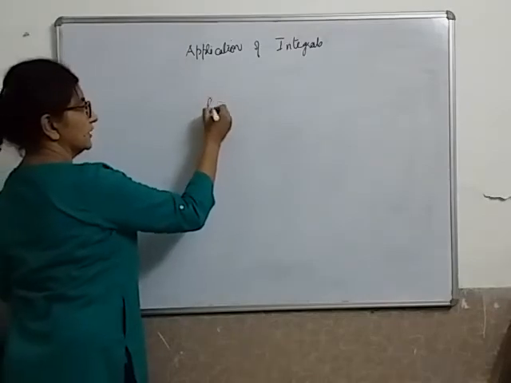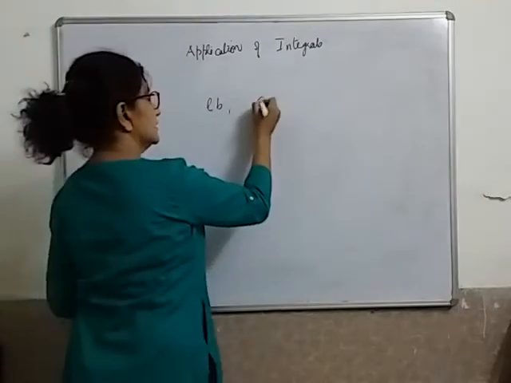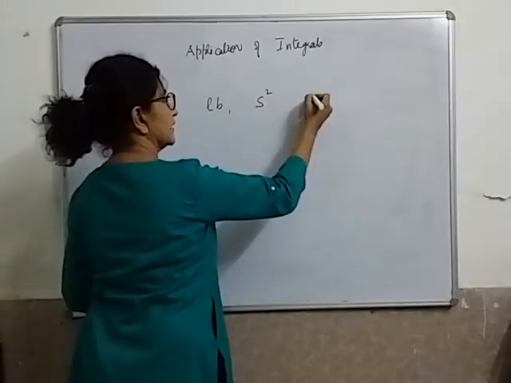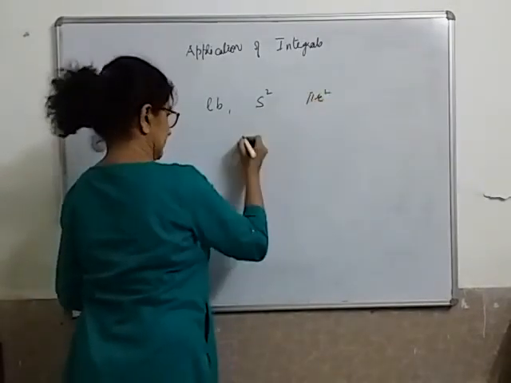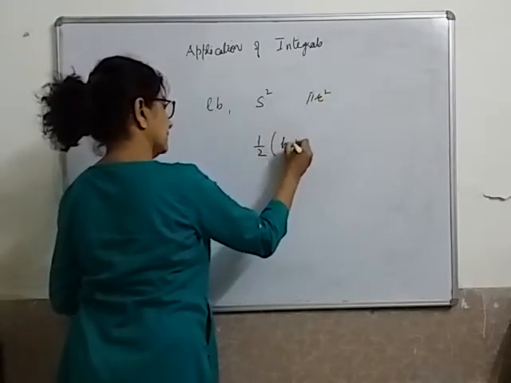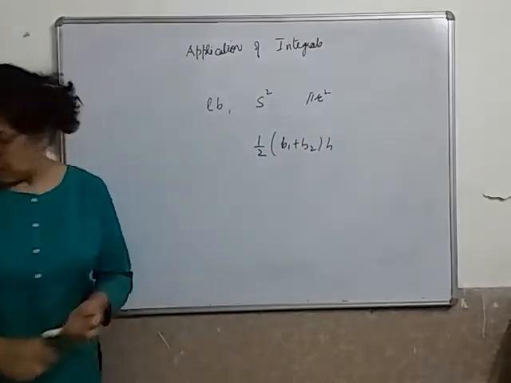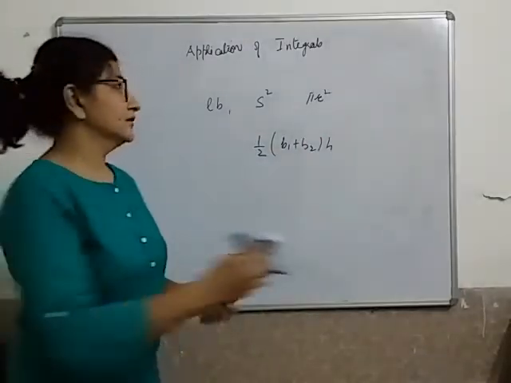You know the many formulas: area of rectangle is L into B geometrically, square is side square, area of circle is pi r square, then you have area of trapezium half B1 plus B2 into H, and so on. There are many you have already done. Now the same way we are going to learn with integration.